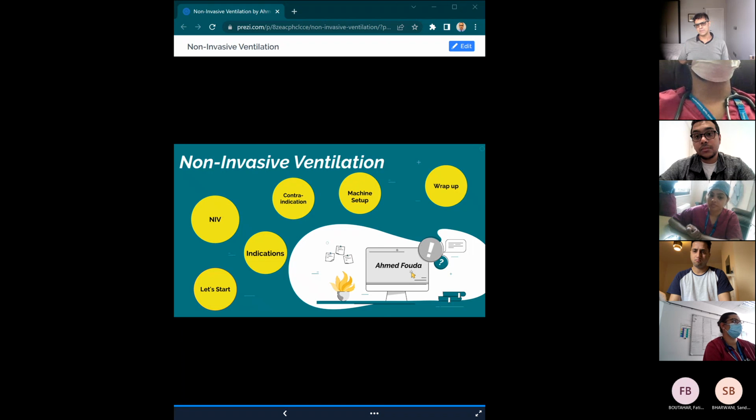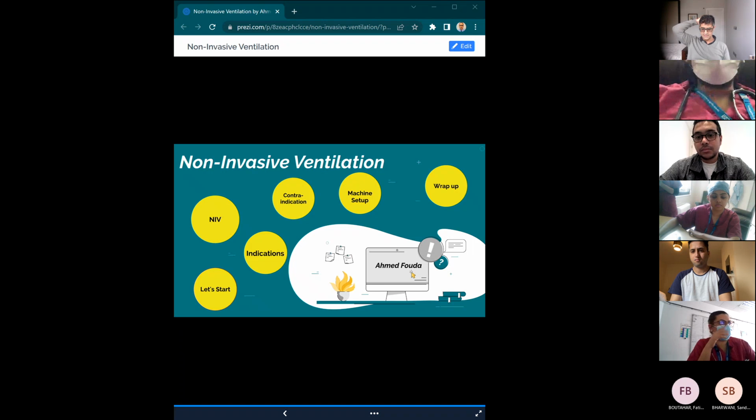And NIV was found to have a much better outcome in terms of reintubation rates, early reintubation rates. But I don't think it affected mortality. I do remember also a paper about NIV in the use of sleep apnea and reversing AF. And what they did